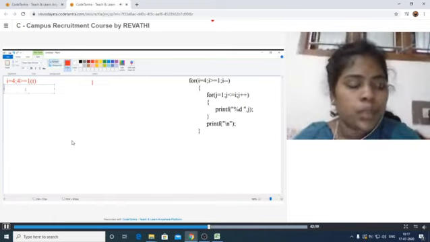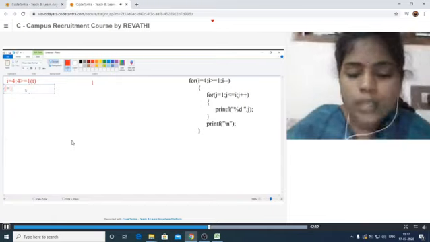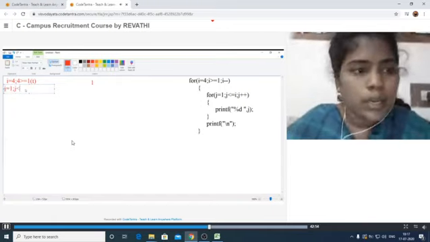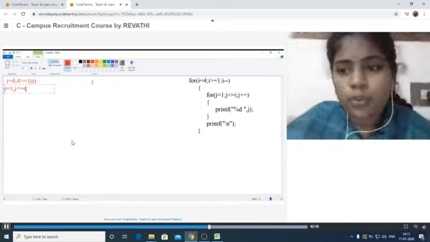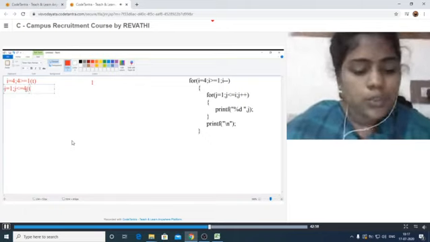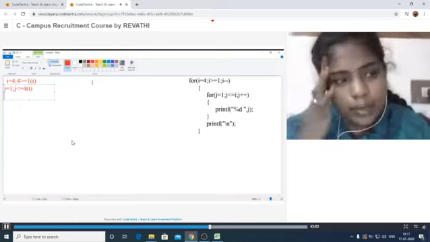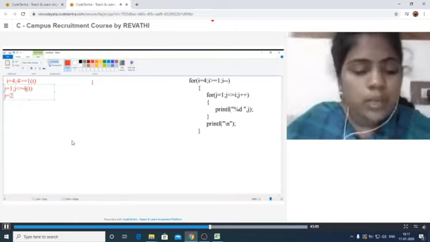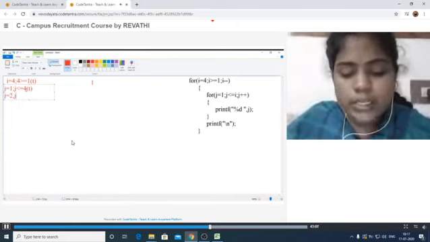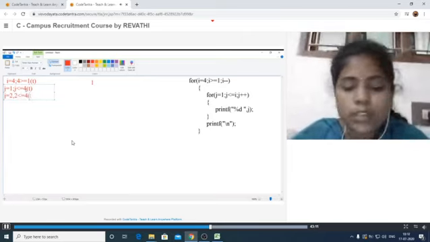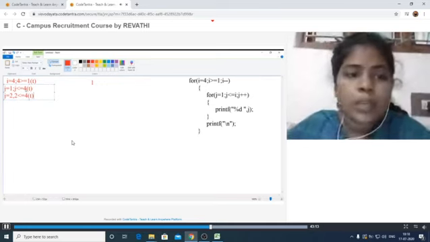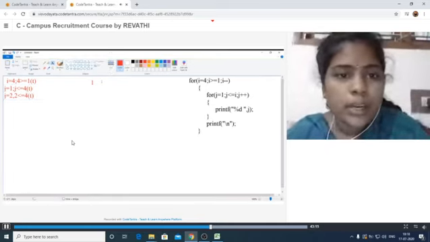Here j is equal to 1, j less than or equal to 4, the condition is true, so it prints the j value. Next, j is equal to 2, 2 less than or equal to 4, the condition is true, so it prints the j value. That means it prints another value with a space, that is 2.